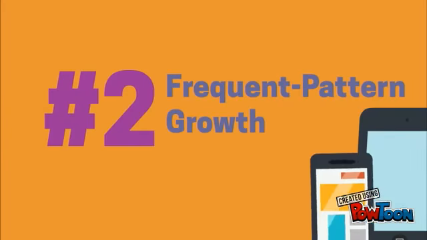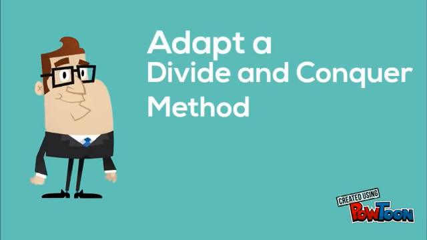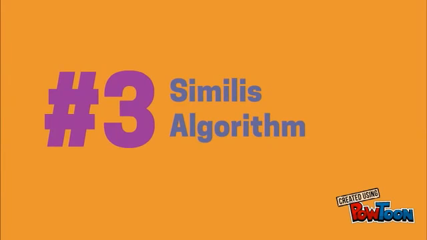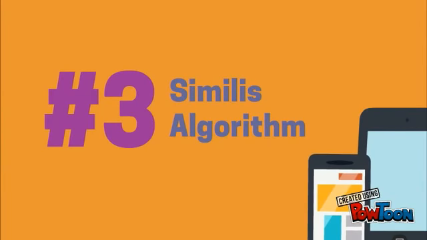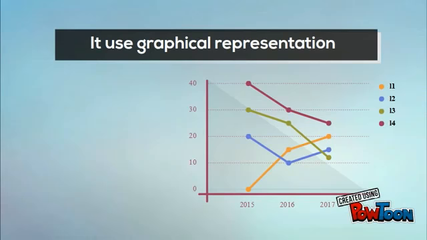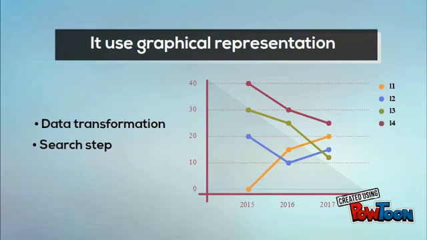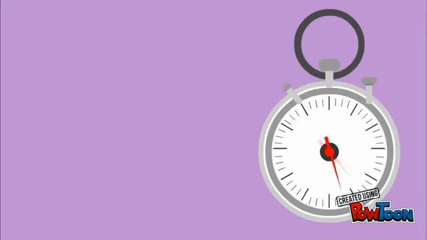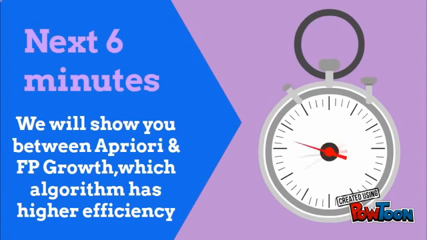Second algorithm, Frequent Pattern Growth. This algorithm uses an extended FP-tree to store the dataset and adopts a divide and conquer method to find the frequent item sets. The third and last algorithm, Eclat. Eclat is an algorithm that uses a graphical representation where it consists of two steps, which are data transformation and search steps. In the next 6 minutes, we would like to show you between Apriori and FP-Growth, which